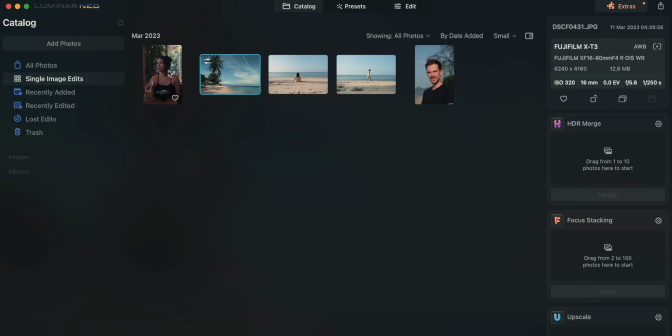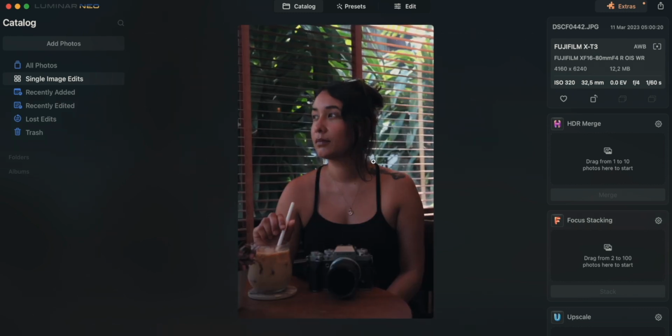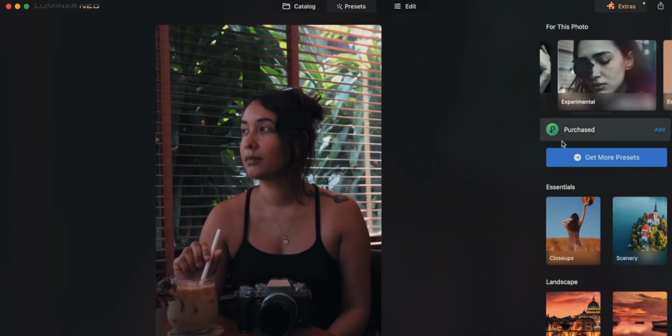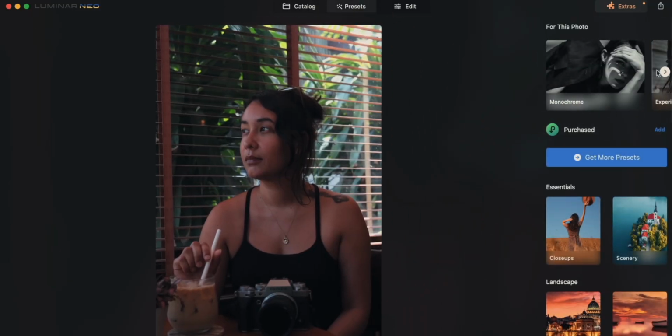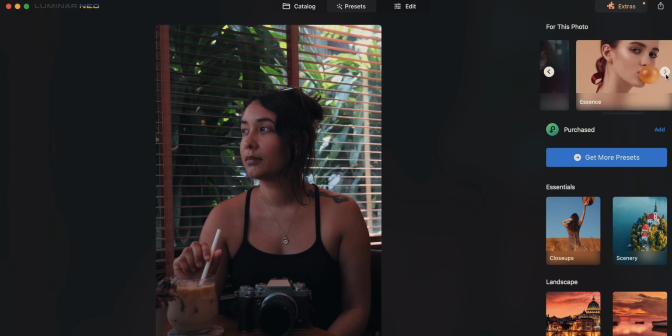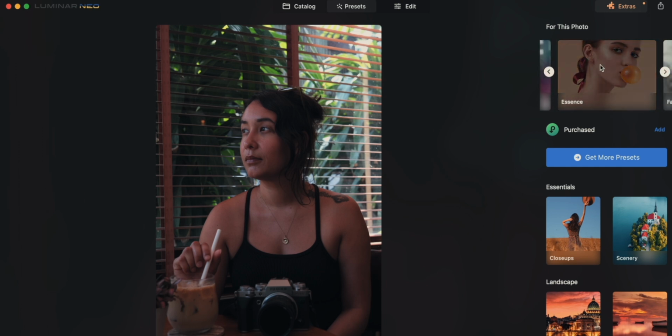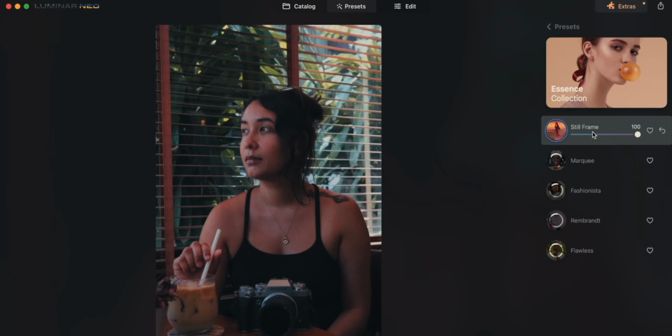Now I'm gonna get another example of a photo that could be edited with AI, and that one is more of a portrait. So I'm gonna go through this photo, this edit, and I'm gonna do the same thing. I'm gonna start with choosing a preset. So AI right here offers me a few options. So that's some black and white, experimental is also black and white. I'm gonna go to essence, and then here are the 5 presets that is selected, and I'm gonna go through them, see which one fits